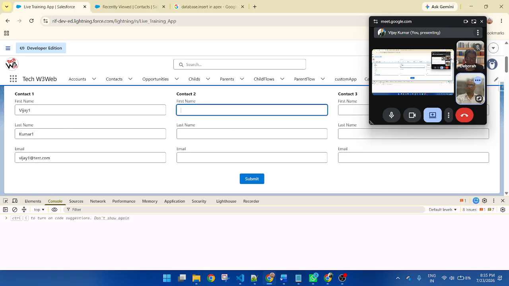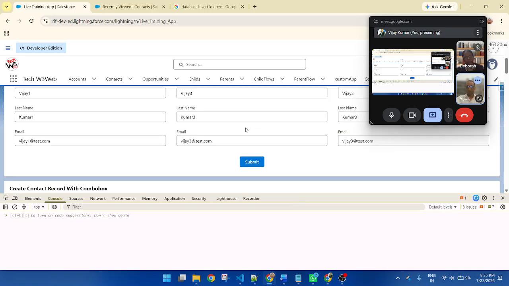Simply column 2, Kumar 2. I will change the value to 3. Change the value 2, 2, 2, 3, 3, 3. Once I click the button, all values display in this console log. So now let's click.